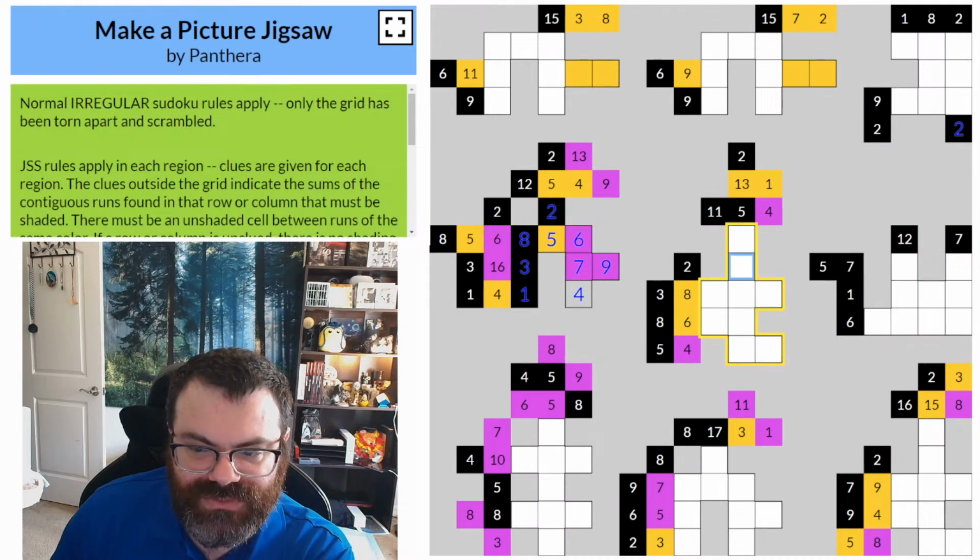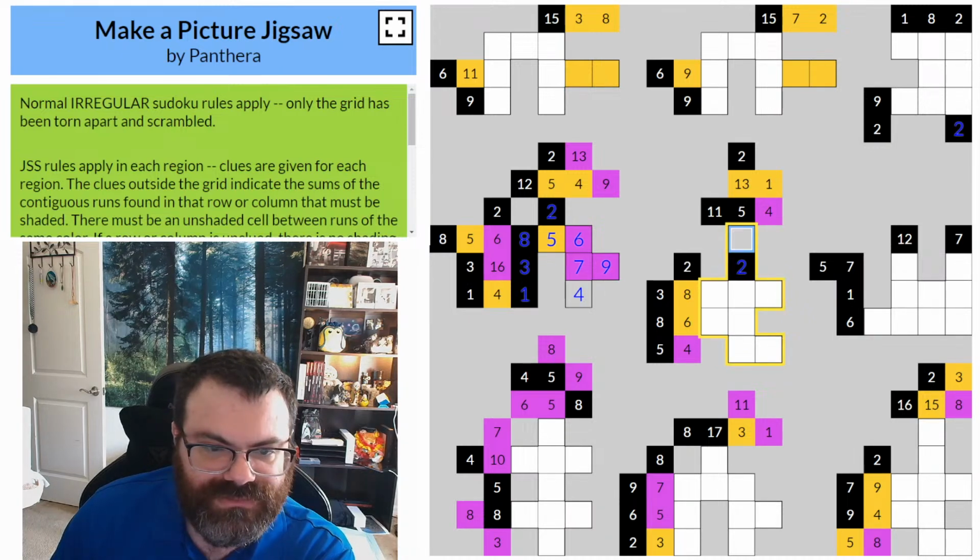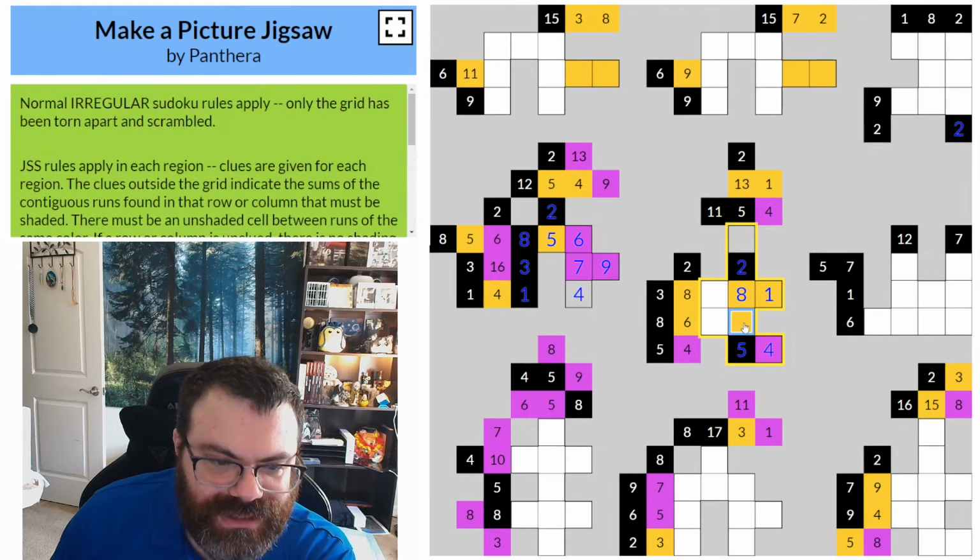This is a black 2, which means this one's unshaded. We have a 1 and a 4, and we know their colors. This is unshaded. No, it's not. This is a 5. Black 5. And then these are yellow 13. 3, 9 would work. Oh, no, it wouldn't, because this is 8 and 6. Hold on, 13. No, this is 8 and... Wait, what happened here? No, 8...